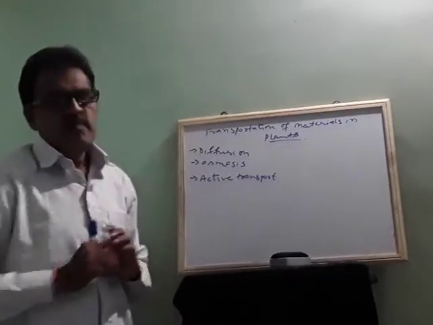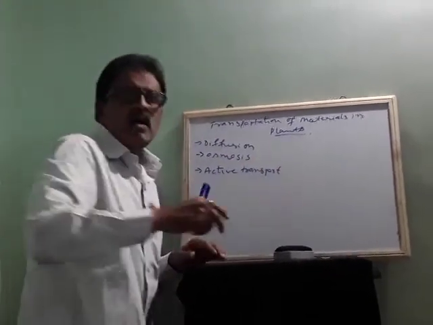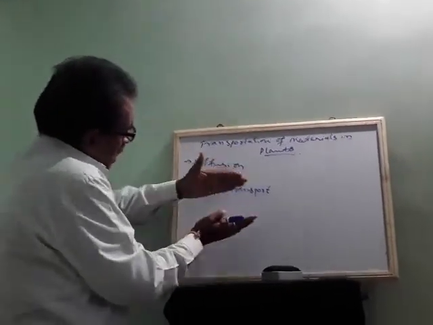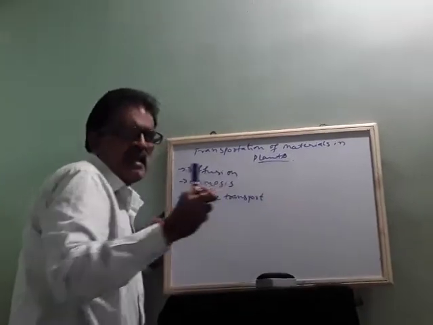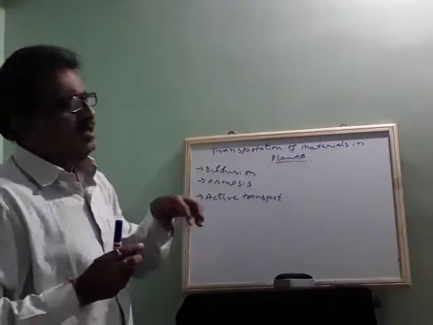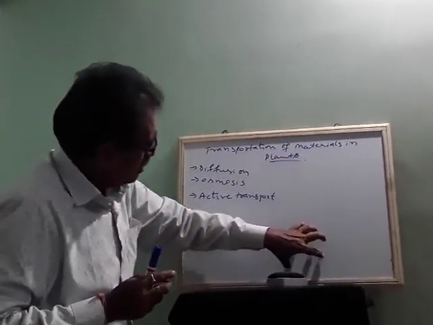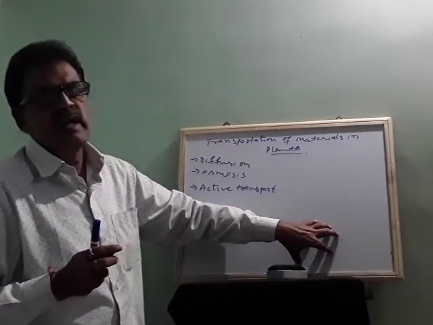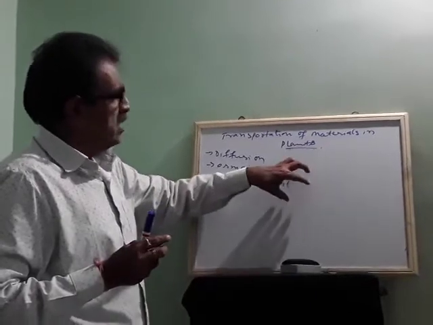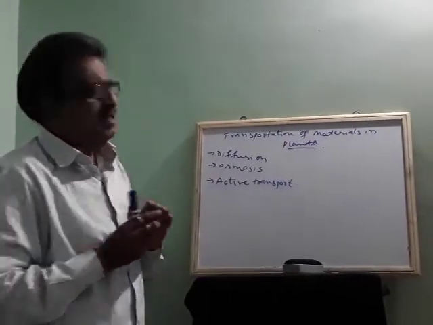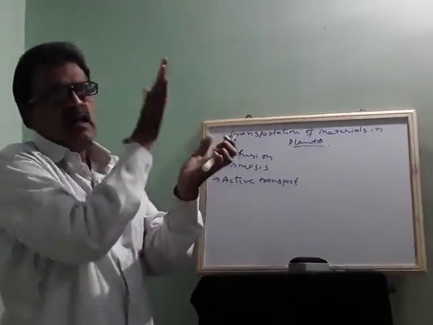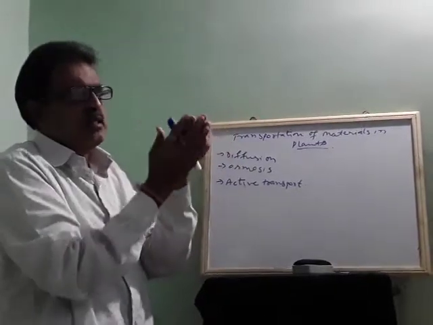For example, take the root. Roots will absorb water and mineral salts, and the upper part, the shoot or stem, will not have that; it is in lower concentration. So the roots have a higher concentration of liquids and chemicals, and the upper part has a lower concentration. Through diffusion, they will mix from one region to the other and balance.